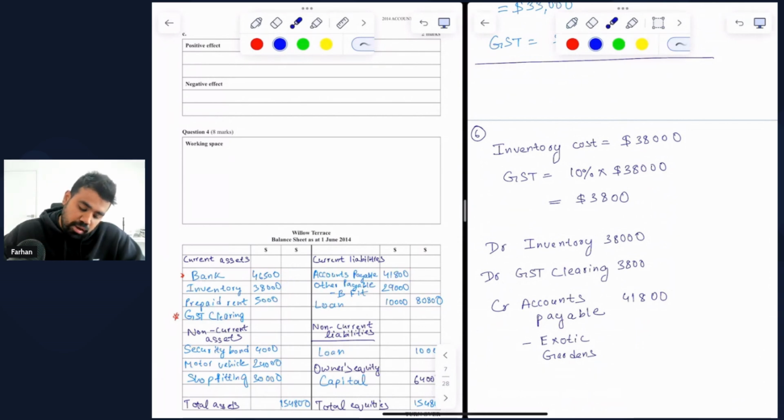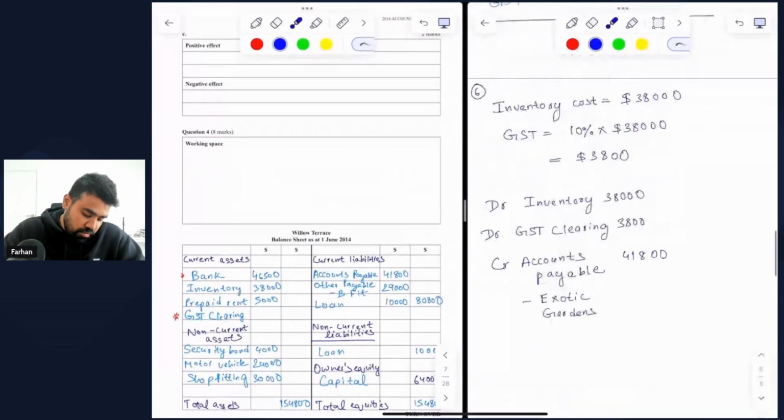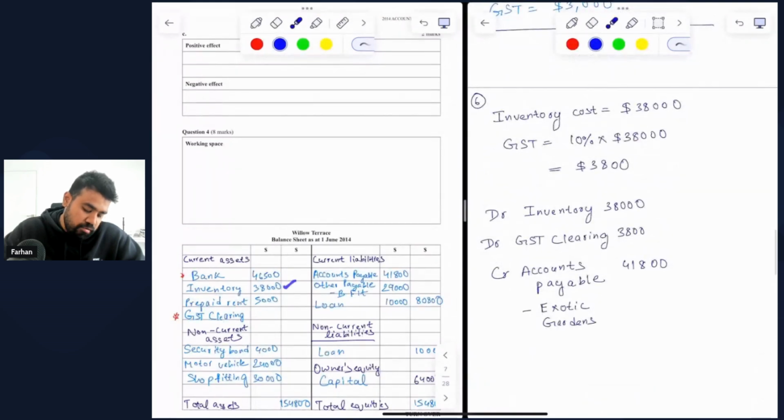There was no other inventory. Do you remember that the last one had nothing to do really because the inventory wasn't delivered and it will be delivered on 25th of June. So the only inventory is from transaction number 6 of 38,000, prepaid rent of 5,000, I believe you remember. And